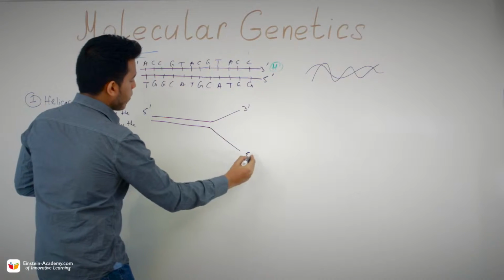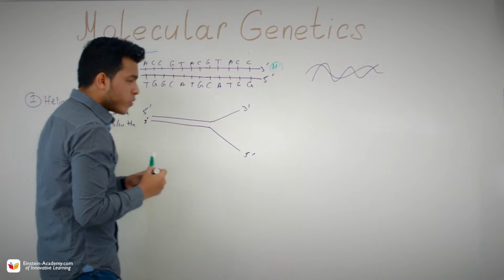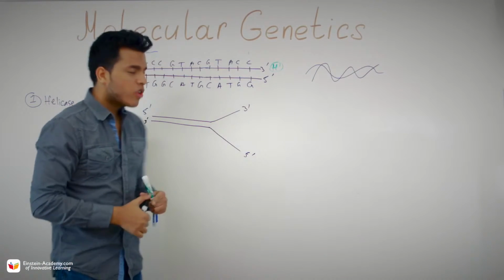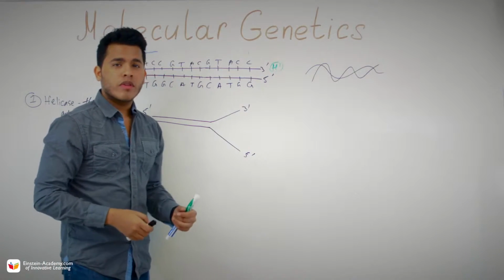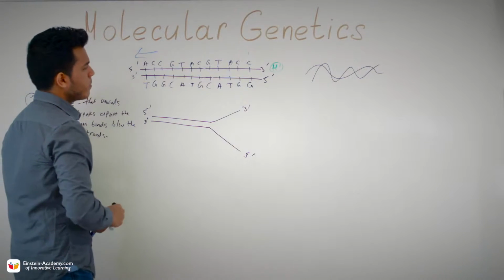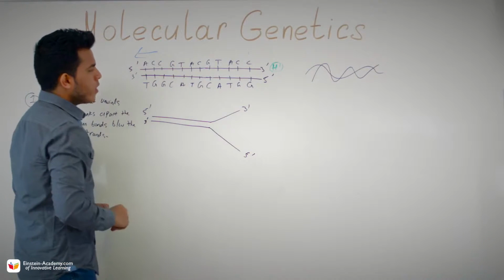Five prime, three prime, five prime, three prime. It is very crucial for you to always label your strands, or it can get very confusing very fast. Always label everything. Now, why did I just stop right here? Well, I want to